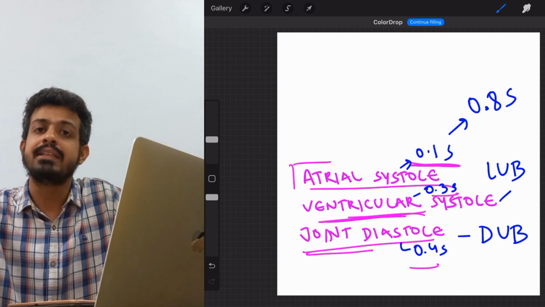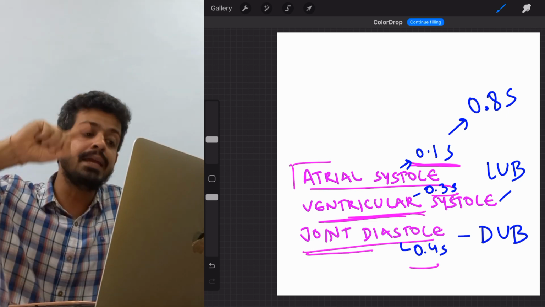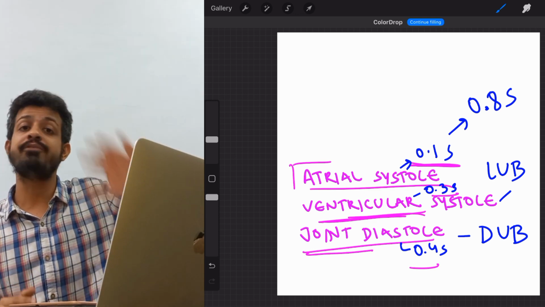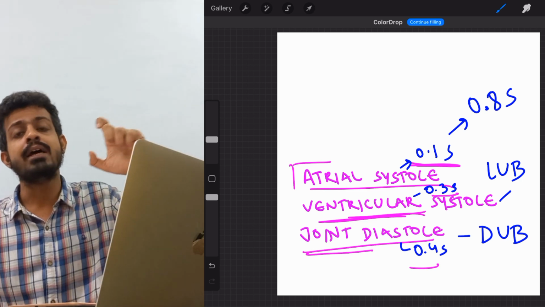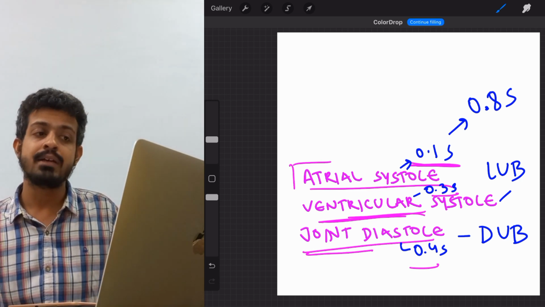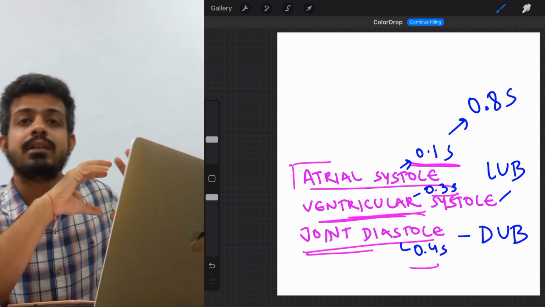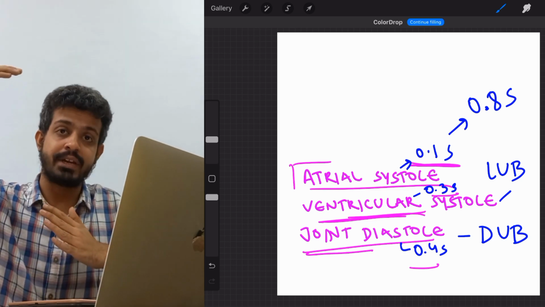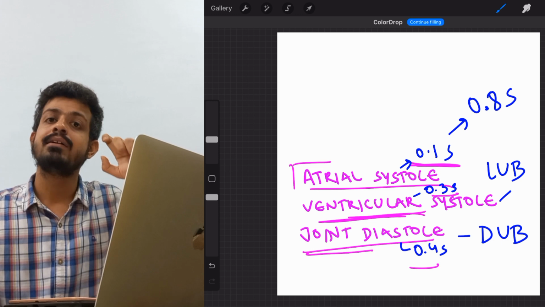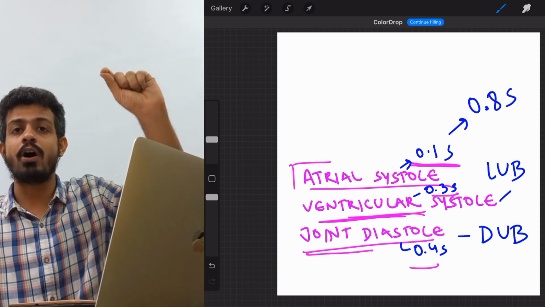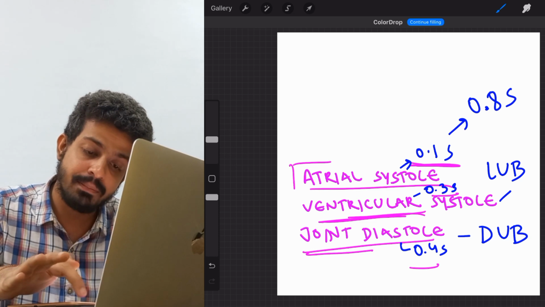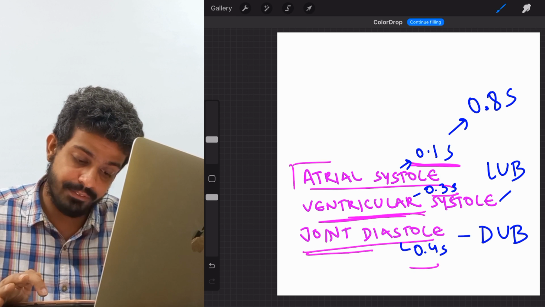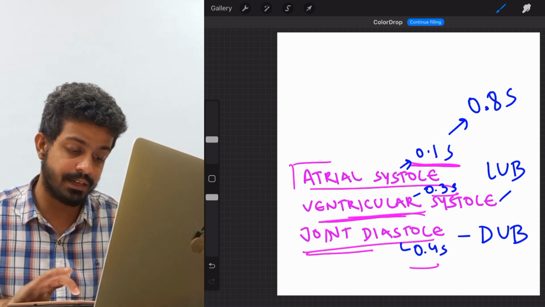Also, one more important thing that you should know is that the blood travels from high pressure to low pressure. When there was high pressure of blood in the atrium, the blood went to the ventricle. When there was high pressure of blood in the ventricle, the blood went out from the heart. Similarly, when the blood gets into high pressure, it can go away from the ventricle back to the atrium. To prevent that backflow, we had valves. For example, between the right atrium and right ventricle, we have a valve. Between the left ventricle and left atrium, we have a valve present as well.